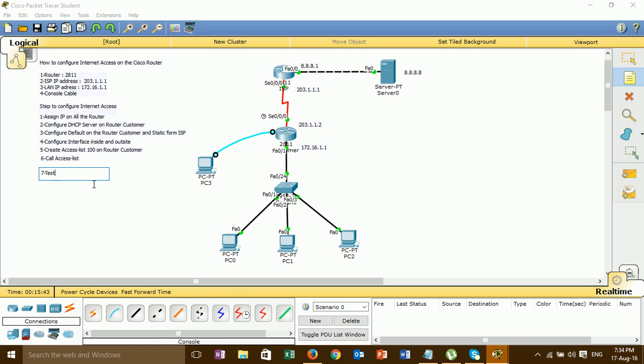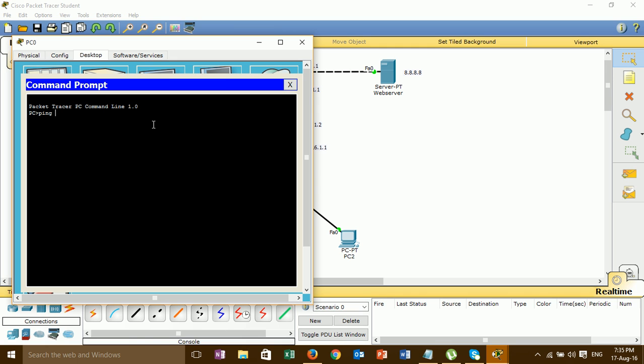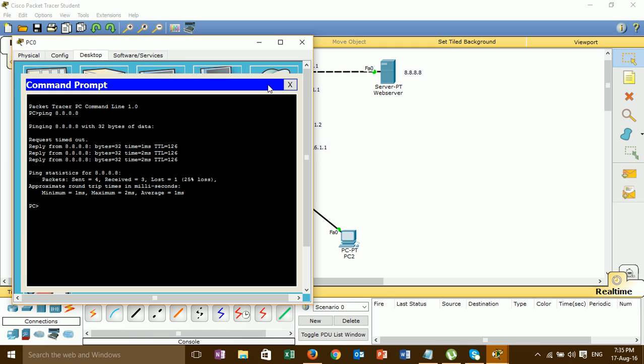I ping from PC0 to the web server. Now it's working.